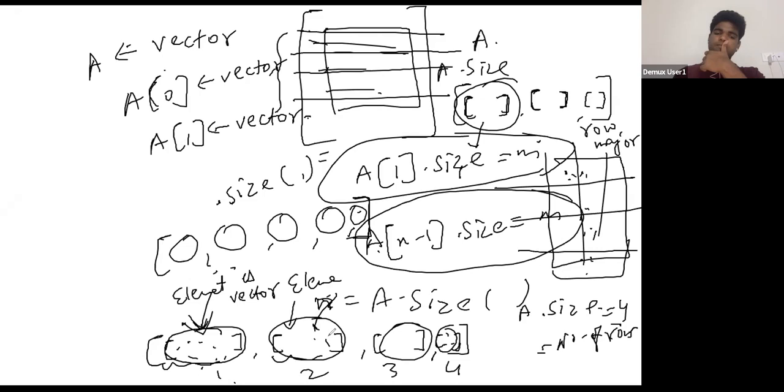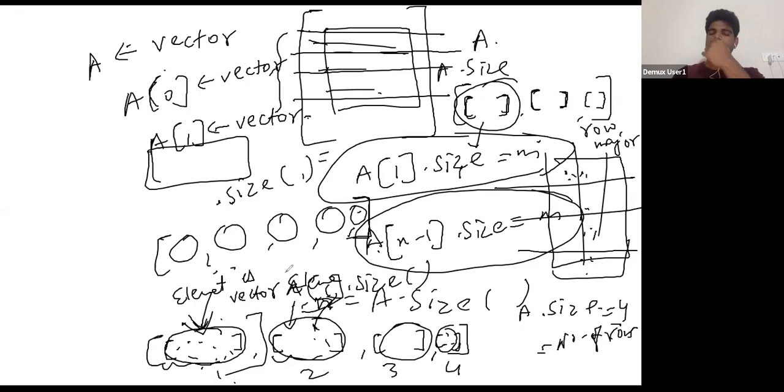बट बस अगर आप सेकंड वाला यूज कर रहे हो, a ऑफ 1 .size यूज कर रहे हो, तो यू विल हैव टू टेक केयर ऑफ द केस कि ऐसा भी एक 2D वेक्टर हो सकता है, एक सिंगल रो वाला, तो उस केस में ये सेट फॉल्ट दे देगा आपको।